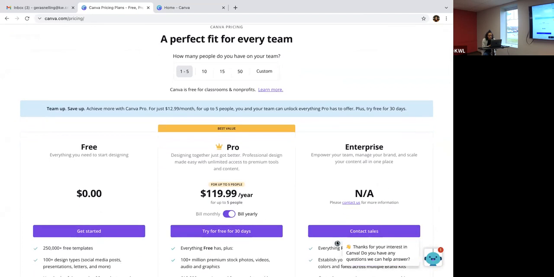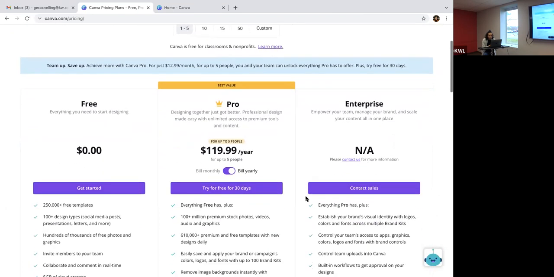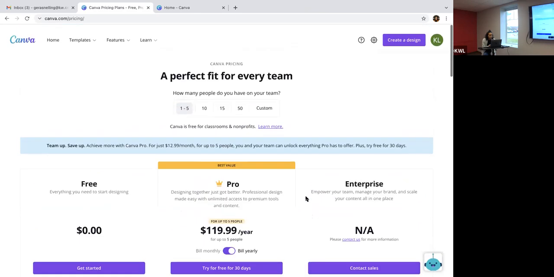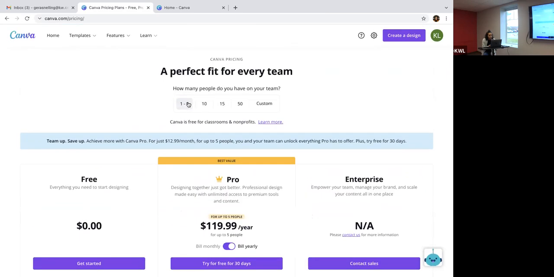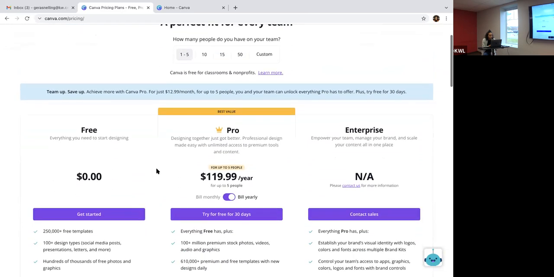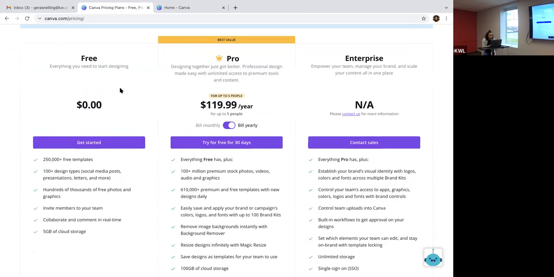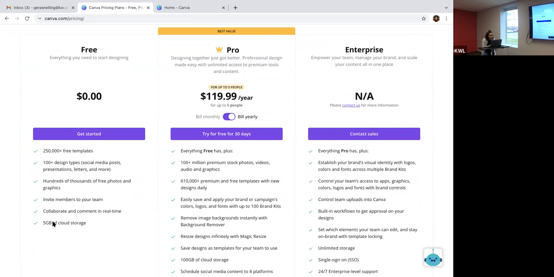Some people who may not be able to make it today may not know the pricing for Canva. It's assuming that you're a part of a team, so it lets you pick how many people are on your team, or if it's just you, 1 to 5. As you can see here, the options are free. You can join Canva for free, and it allows you to say get started. It gives you a whole bunch of different